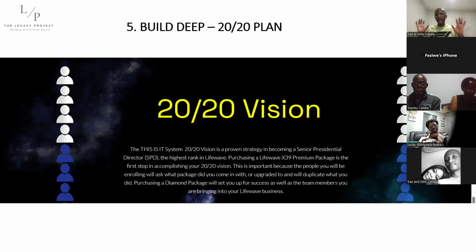Now, the company says, let's just build a 2020 vision, 20 people on the left, 20 people on the right. Of those 40 people in your network, most of them will be complete strangers, or acquaintances that you don't have really personal relationships with. You don't know who has a big why, who has urgency. From this 2020, I can almost guarantee you 3 to 5 to 7 of those people are going to build it big, and they're going to have the same vision of the 2020. And that's how the legacy project moves from a couple of hundred people that we have right now to 100,000 people in the next few months.